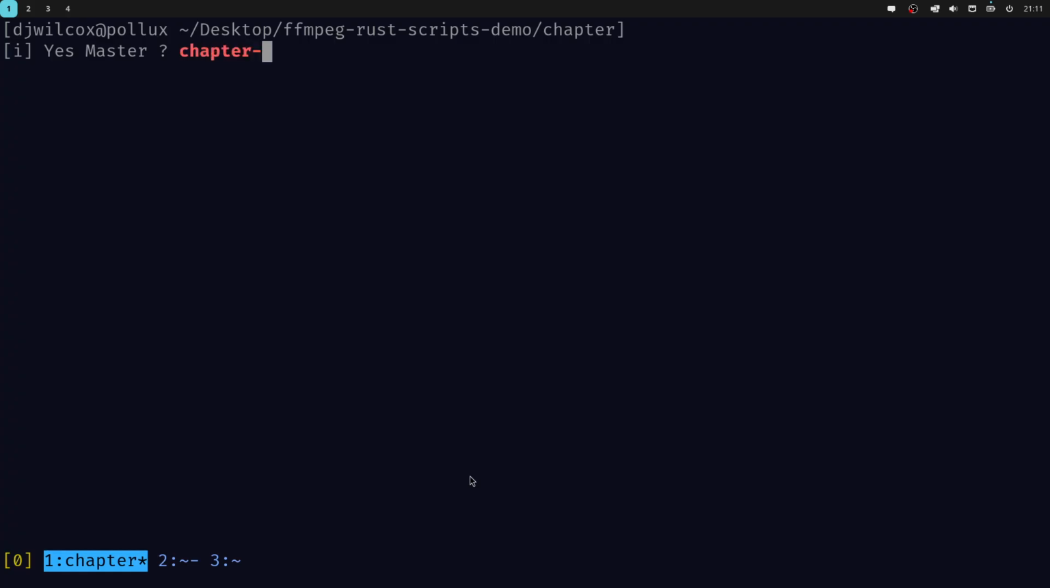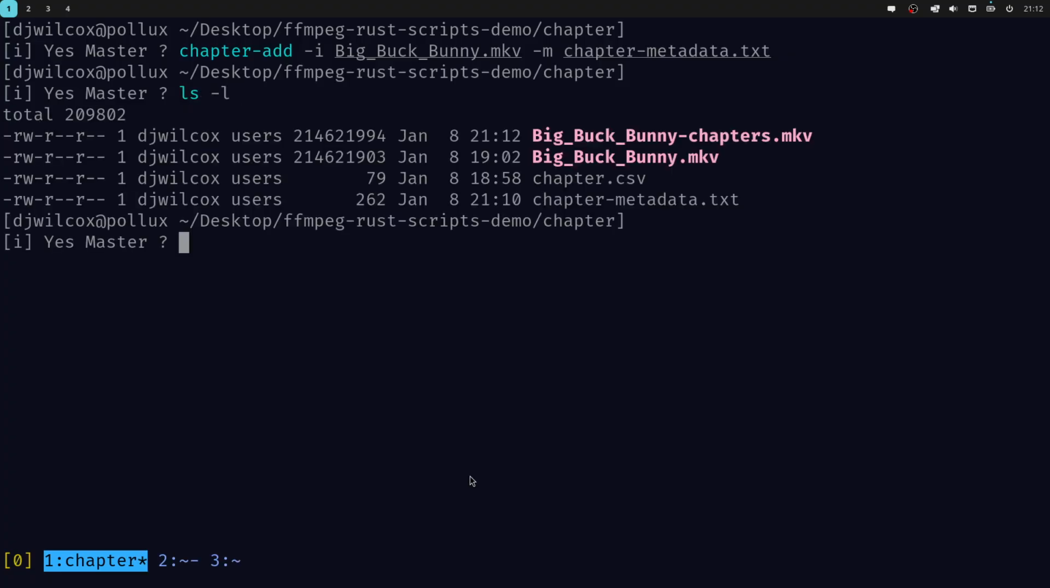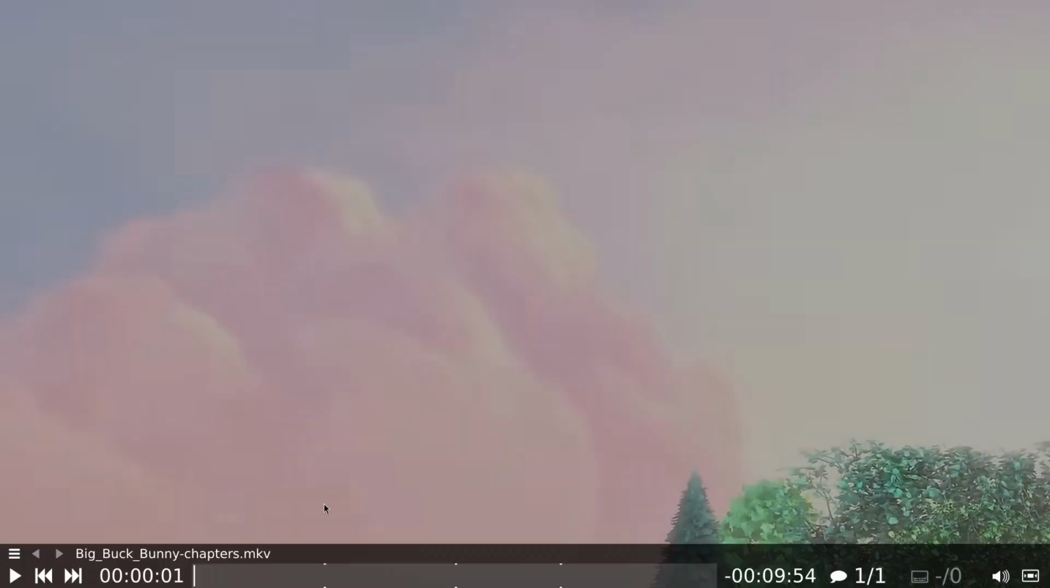So chapter-add Big Buck Bunny -m, and we want chapter metadata. Bang, that's it, created. Okay, Big Buck Bunny, and what it will do is it will append -chapters to the original input file name. So what I'm going to do here is you can actually see these markers, and I think from memory, is